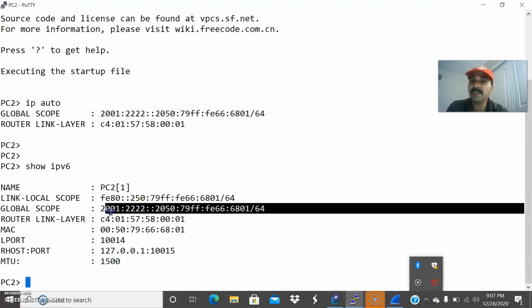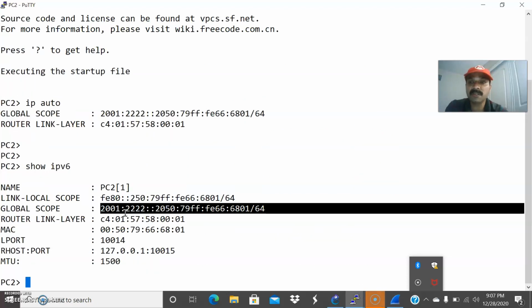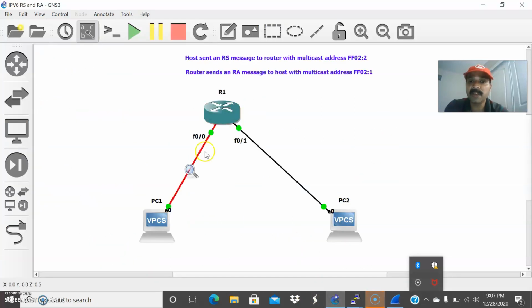Then this is the total IPv6 address, which we call a global unicast address. That is routable, but the link local is not routable. You always have to keep that in mind. Link local address is not routable. It is mainly for neighbor communication, and the global unicast address is routable. That is, the IPv6 prefix address is a routable address.